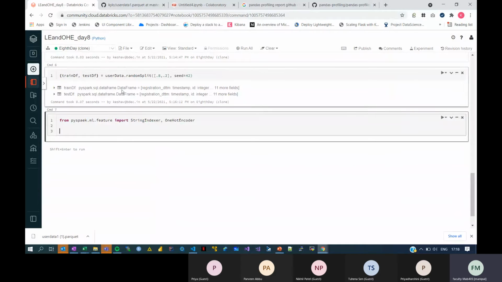Now in this, we'll first see how many categorical columns we have. For that, we'll apply a for loop. We'll see among all the data types what we have, and then we'll traverse on it. So if the data type equals string, that means it's a categorical field. So let's just do this first step. Categorical